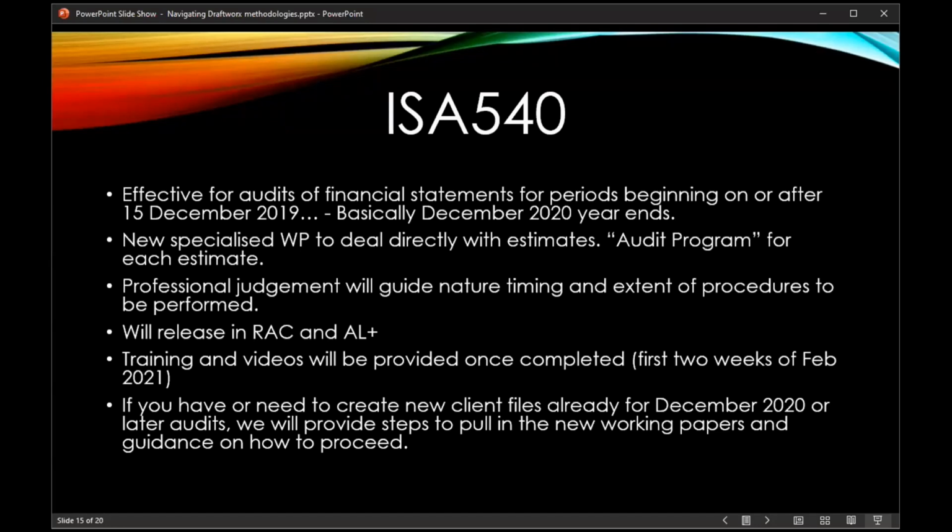So we're looking at building a separate audit program for the audit procedures related to estimates that will populate in the same way as your current audit programs do after completing a new document, which will probably be 12.80, where you identify estimates that are applicable. Then you go to each section and you will have one working paper, say for instance under PPE residual values, and you will need to go and review the residual value estimates. Then you'll have a second one which will deal with the useful life estimates,